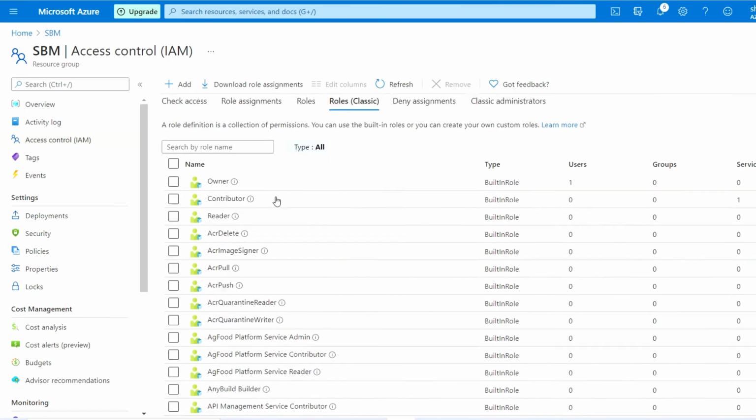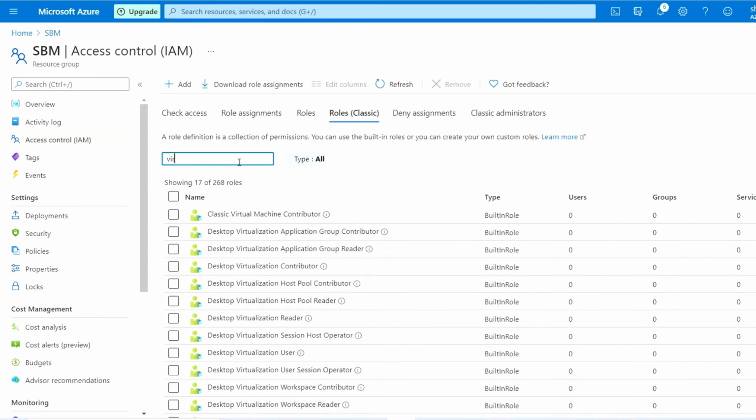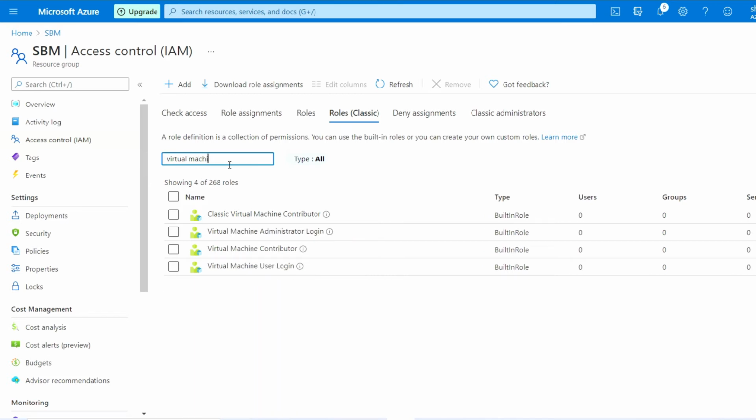If you are a virtual machine administrator, let me check with the virtual machine. There are lots of defined roles available, like virtual machine user login, contributor access, and administrator login. Many more roles are available.